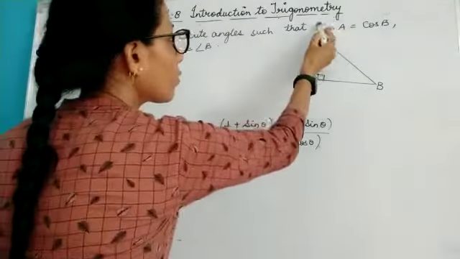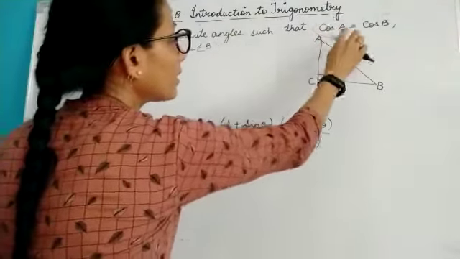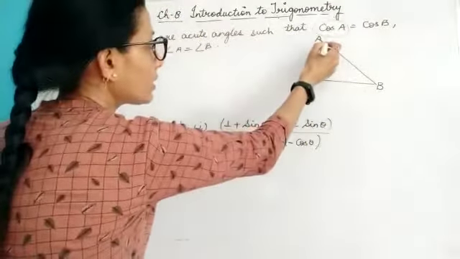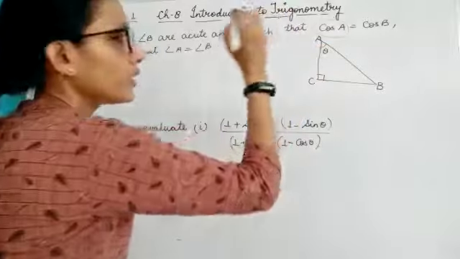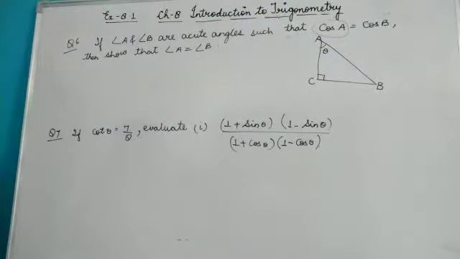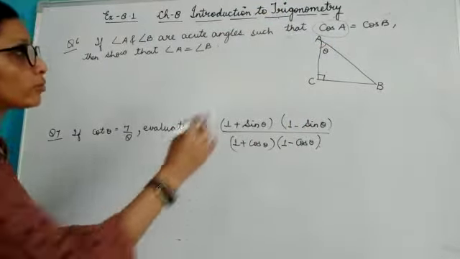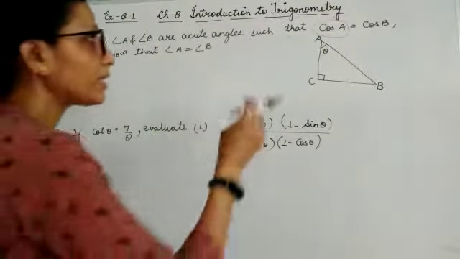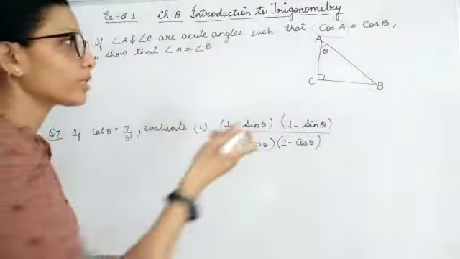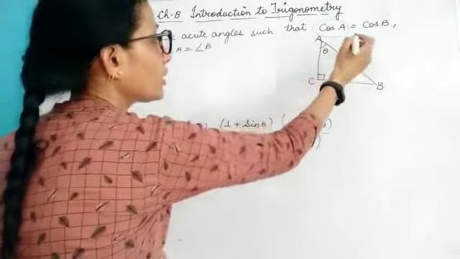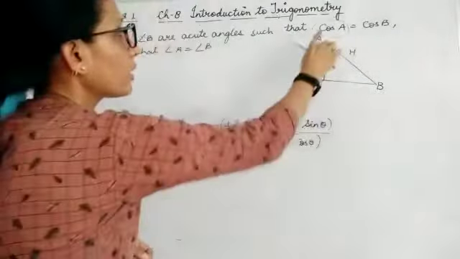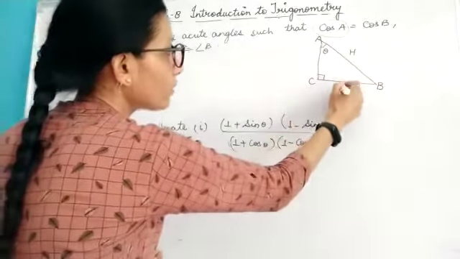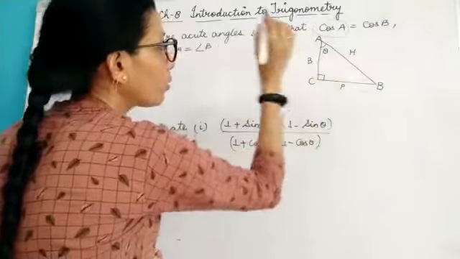That means cos A equal to cos B. Here the angles are differently marked. That means once I have to take my theta over here. So when theta is over here, you have to take cos A. So first of all, you will be placing your perpendicular and base. Opposite to your C, it will be your hypotenuse, and here it is given cos A, that means theta is over here. So this will be your perpendicular and this will be your base.